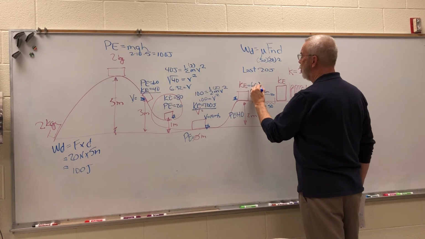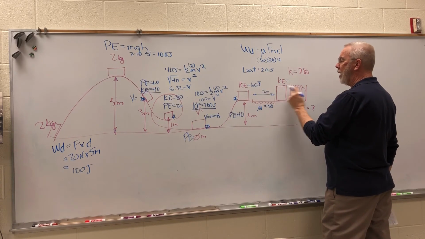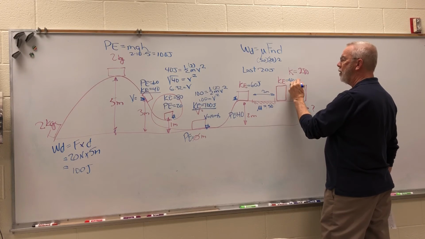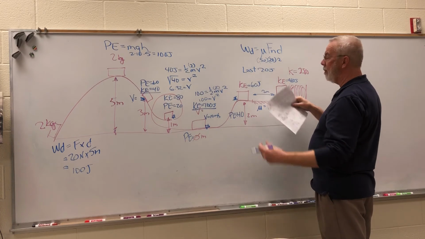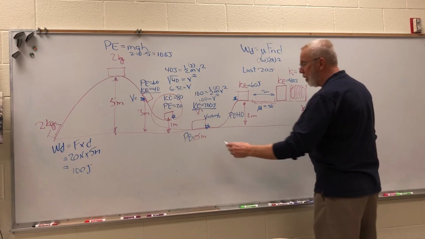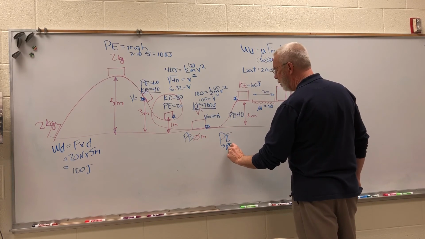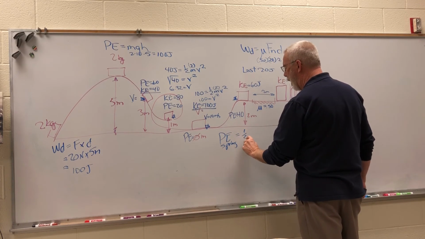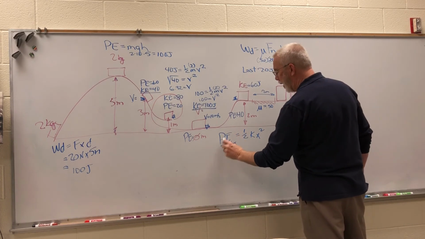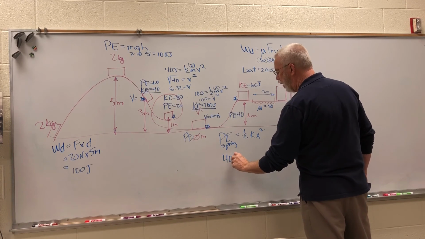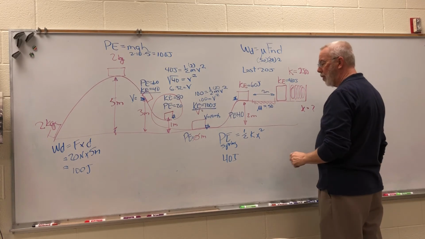So if we have 60 joules here, and we lose 20, then the kinetic energy right here before it runs into the spring should be 40 joules. Now, we're interested in this spring and how much it's going to compress. Let's write that right here. The potential energy of the spring is equal to 1/2 kx squared. The potential energy in the spring will be 40 joules once this energy has been transferred to the spring,